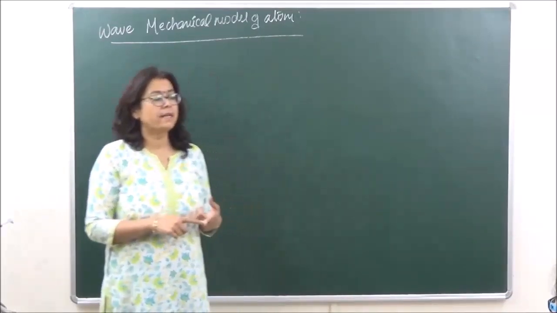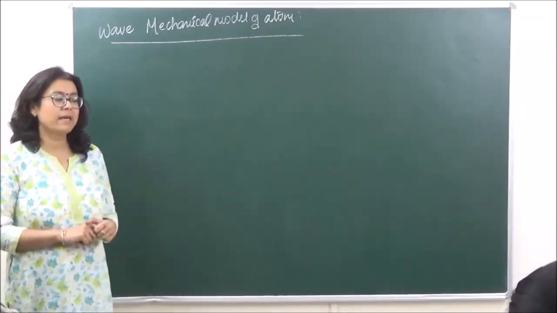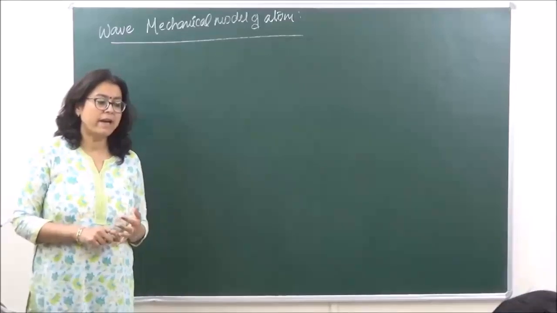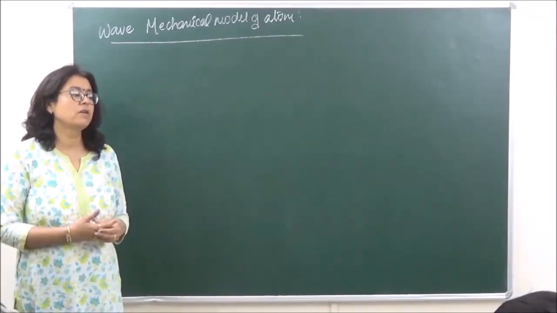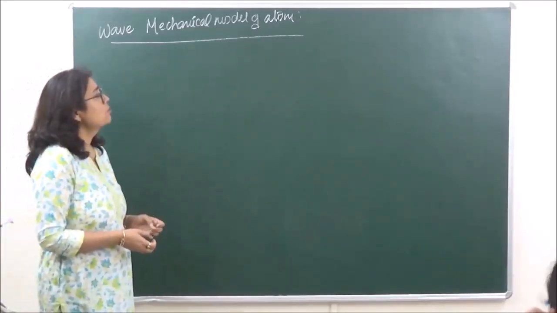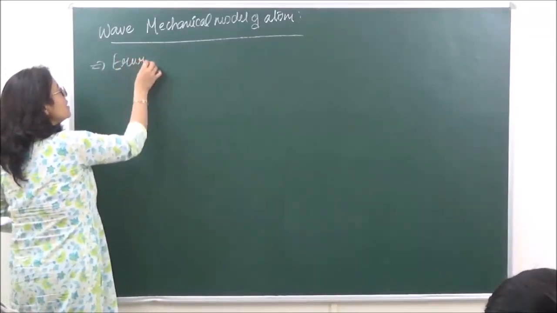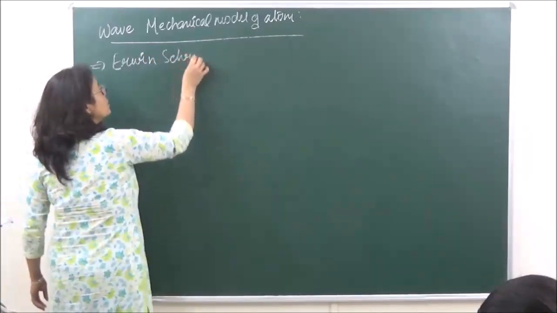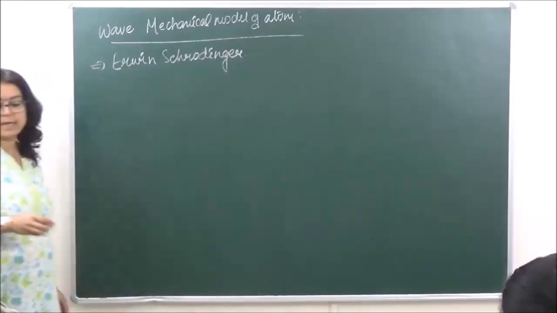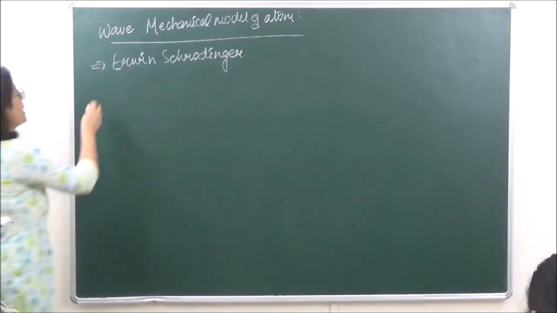Therefore, a new model was suggested, which was known as the wave mechanical model of the atom, and this model explained both the wave as well as the particle character of the electron and the atom. Okay, so this wave mechanical model of an atom was proposed by Erwin Schrödinger. This was the scientist who proposed this model, and the model describes the electron as